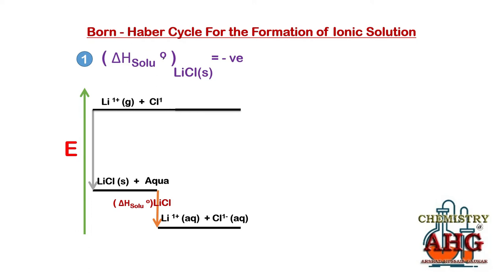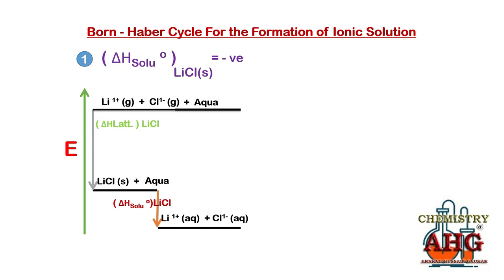Now the arrow that will join gaseous ions to the solid ionic lattice, this is known as lattice enthalpy. This one, this is lattice enthalpy. Now remember, you can reverse the direction of this arrow. Right now I am showing the formation of lattice. So when I will insert the numerical value of lattice enthalpy, I will use negative sign for the magnitude of lattice enthalpy. But if we reverse the direction of arrow, we will show the bond breaking.